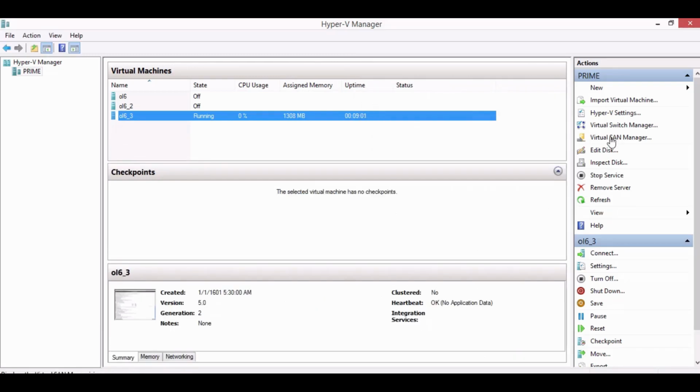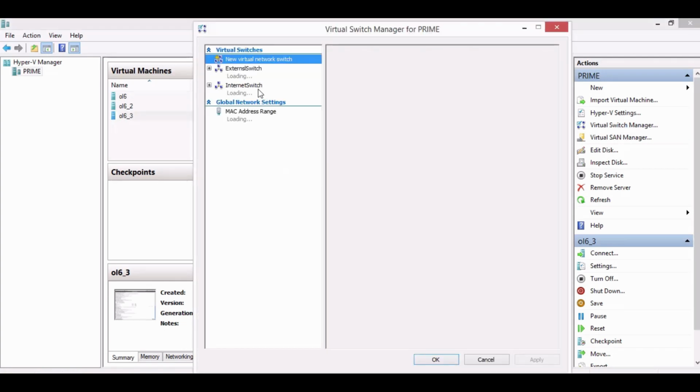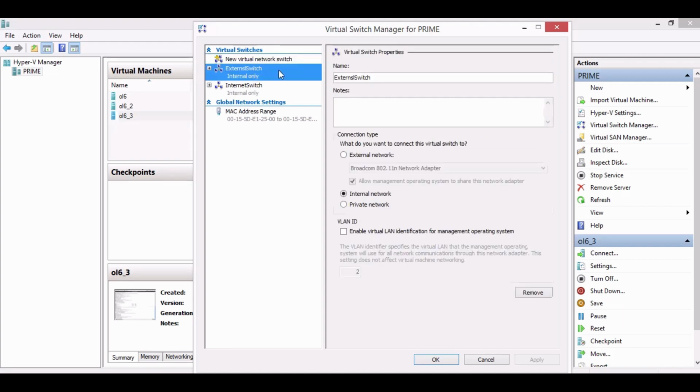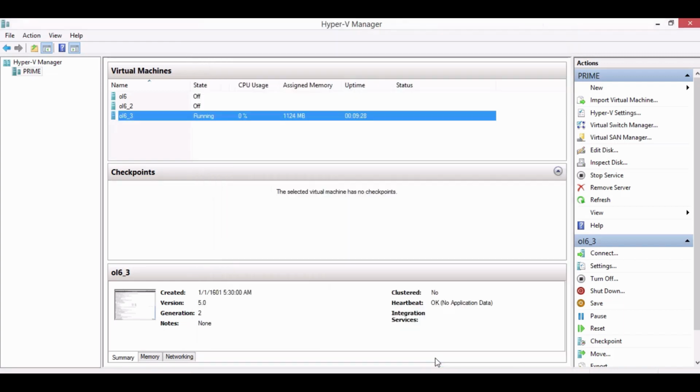First of all, we have to open the Hyper-V Virtual Manager, and there we have to see the machines running. First of all, we have to go to the Actions tab. There we click on the Virtual Switch Manager. We could see the number of virtual switches we have created. For example, the first switch we have created is of an internal network type, and the second one that we call internet switch is also a connection type of internal network. We need an internal network for this configuration.